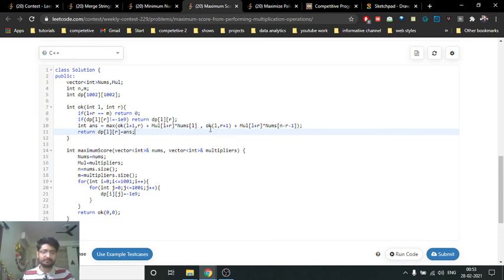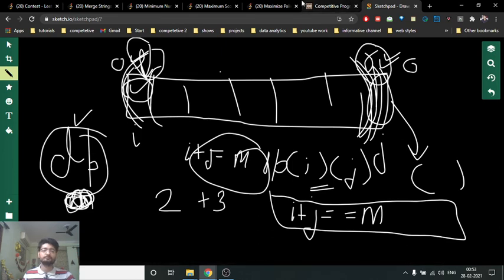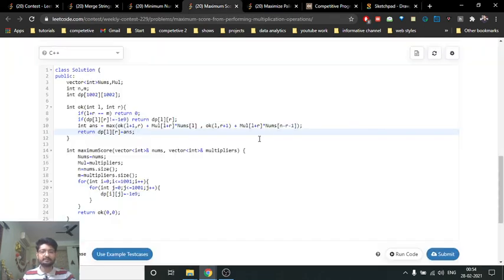The other case is that I take out the last position value, the Rth value, and my new DP position will be L to R plus 1, because if I've taken one character from the end, my next characters will be from 0 till that position. Since I've taken one character from the last, the last character index is n minus r minus 1.